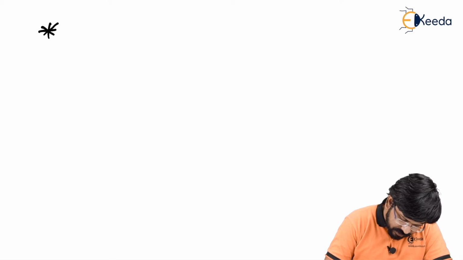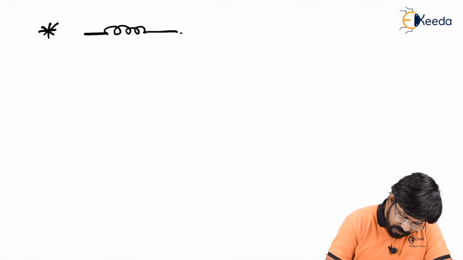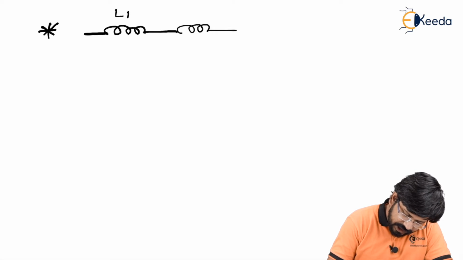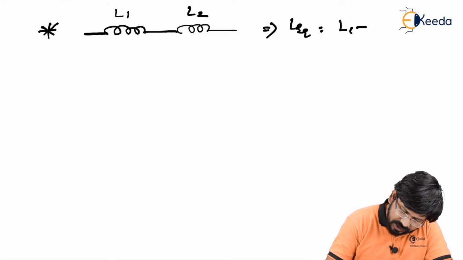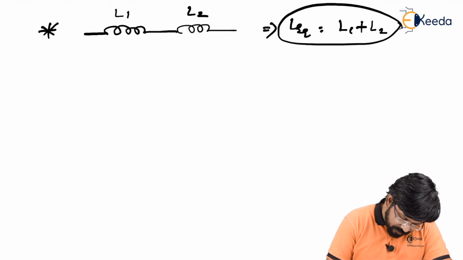For example, let's say there are two inductors which are connected in series. For this I can say L equivalent is simply L1 plus L2. Is that right? But for example, in the question, if they have provided like this,